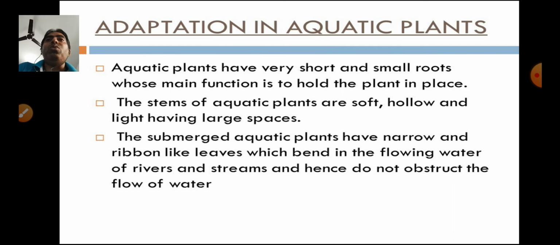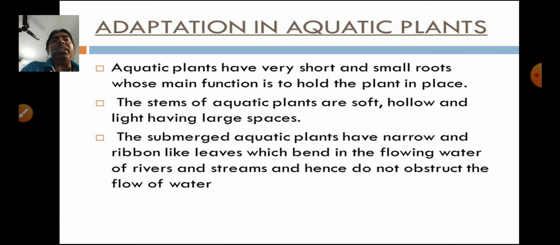The plants which grow in watery places, or the places which remain very wet throughout the year, are known as hydrophytes. Common hydrophytes are Hydrilla, Vallisneria, Pistia, Lotus, Utricularia. These are the aquatic plants.